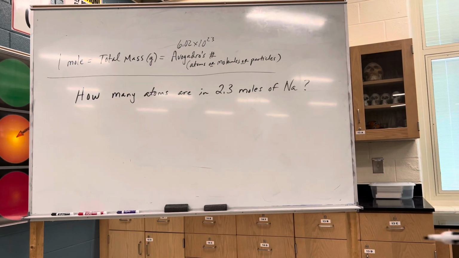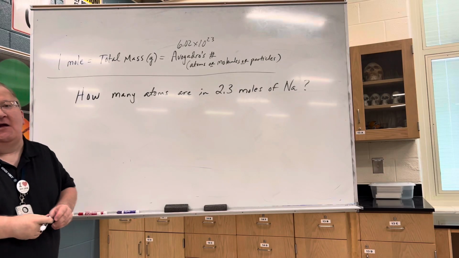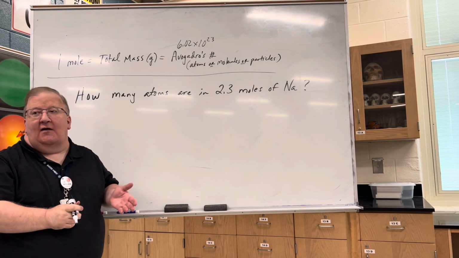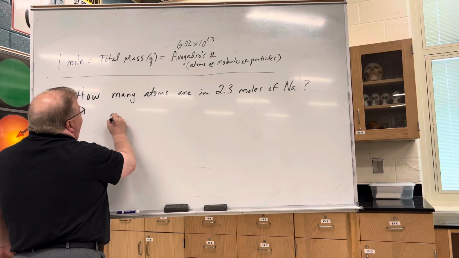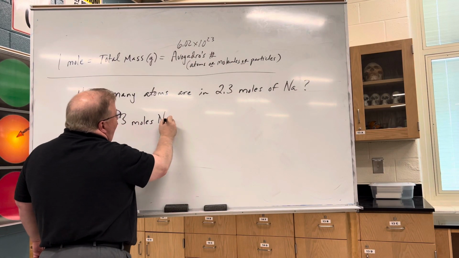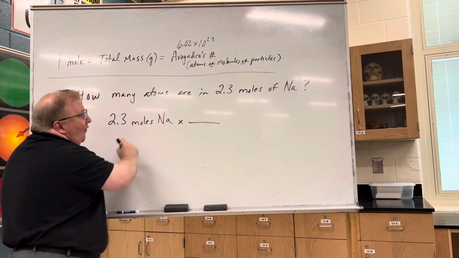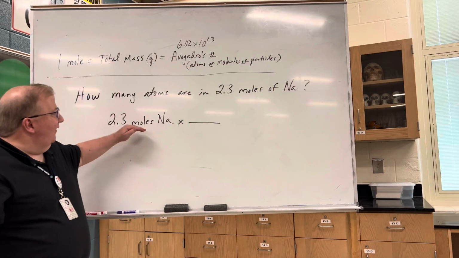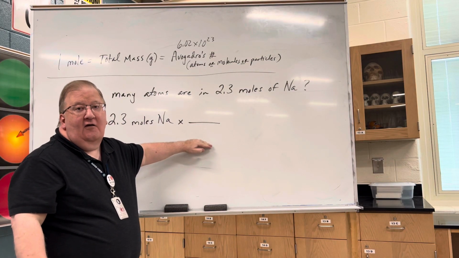All right, here's another problem where you're going from moles this time to atoms. As always, we're going to start by writing down what's given and then go from there. 2.3 moles would go first, and we're going to write the whole label, moles of sodium, times, since moles is in the numerator here, that unit's got to be in the denominator in our conversion factor